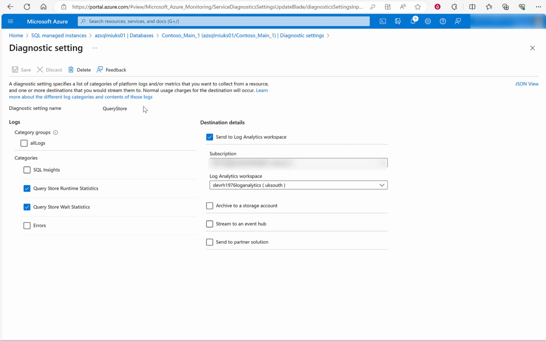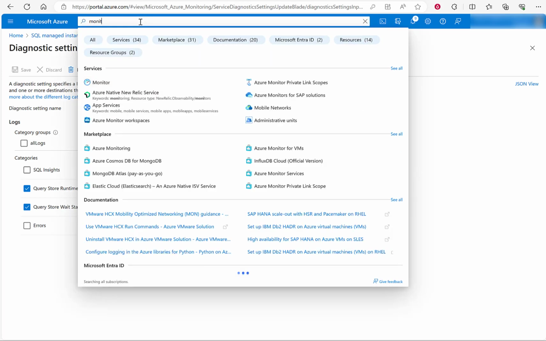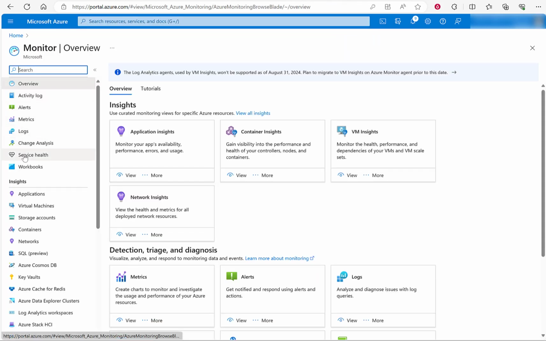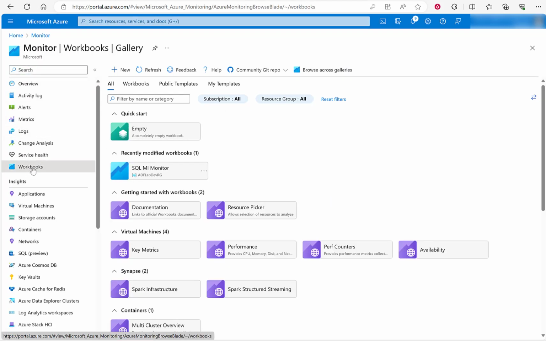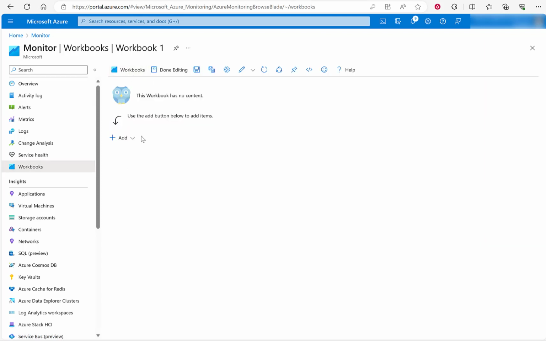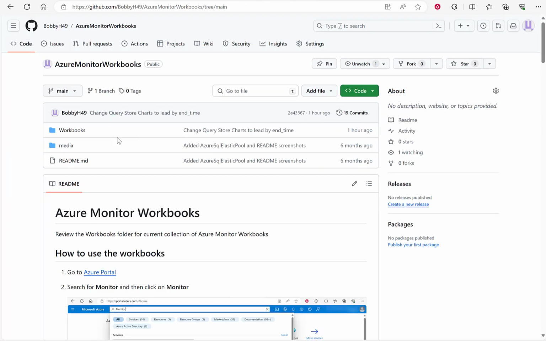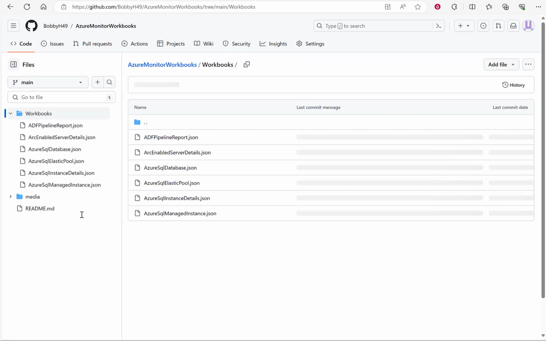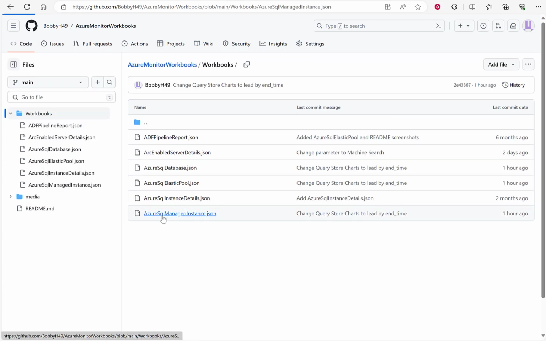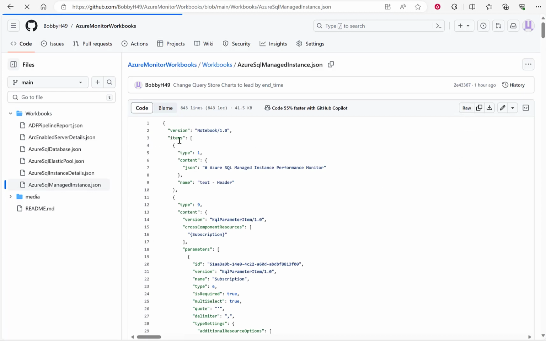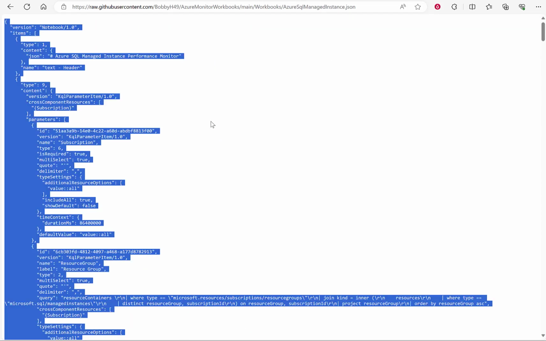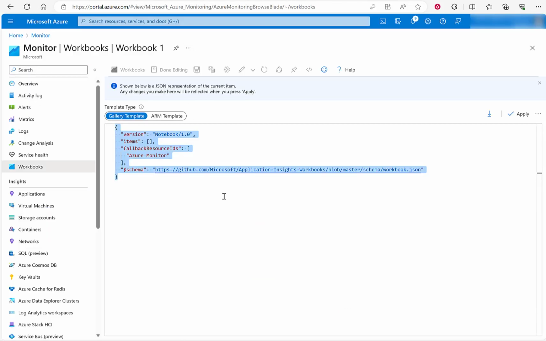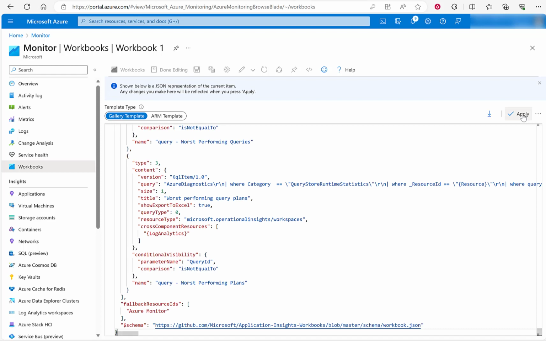Once I've set this to capture for all of my databases, I can now use Log Analytics Workspace to do the rest. So if I go into Azure Monitor, and then I'm going to go into Workbooks and create a new workbook. The workbook that I'm going to use is from this blog here. So if I go into the Workbooks folder and select this one, Azure SQL Managed Instance at the bottom, and then go to the raw JSON text, copy all of that and paste and replace what is already in the window. Click Apply